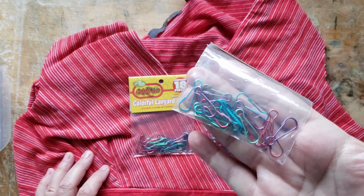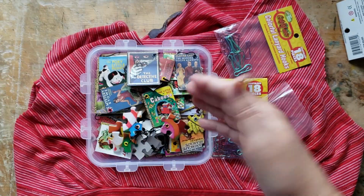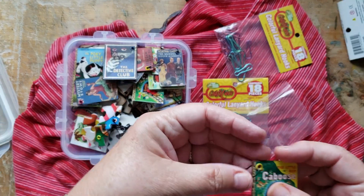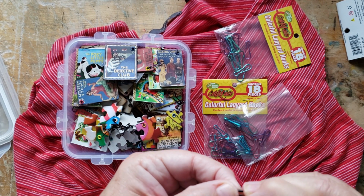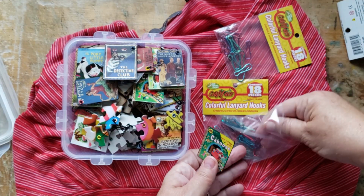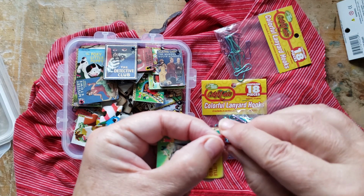These are handy little hooks, and I like them for when I'm working, when I want to attach one of my little charms that I like making. Here, we'll do this one. Sometimes I use bulb pins when I run out of these things, but I really like using these ones because they're colorful and pretty. Let me take that bulb pin off. And let's find one here. Let's find a red one because this is for the little red caboose. So then you just get